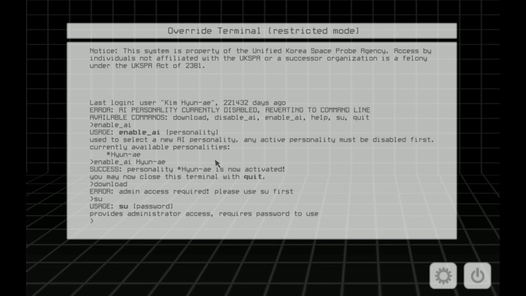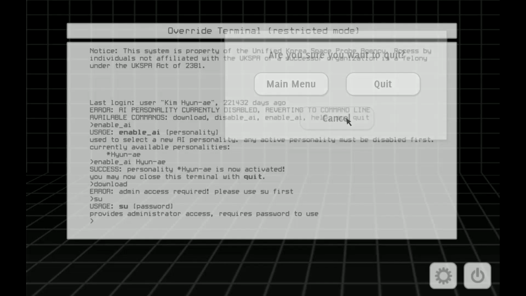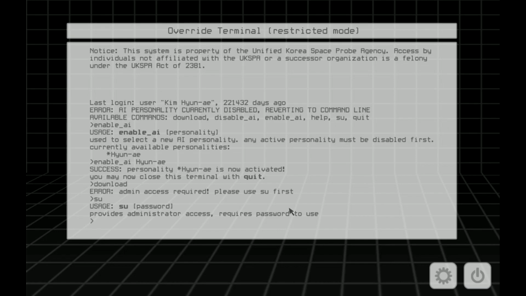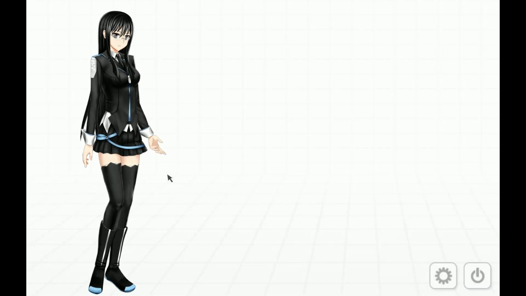Requires password to work. Well, I mean, I'm pretty sure I've used that. No. Okay, well, what's the password then? She said, here's your password, and she didn't tell me, apparently. Okay, well, let's quit and go back to see what's going on.